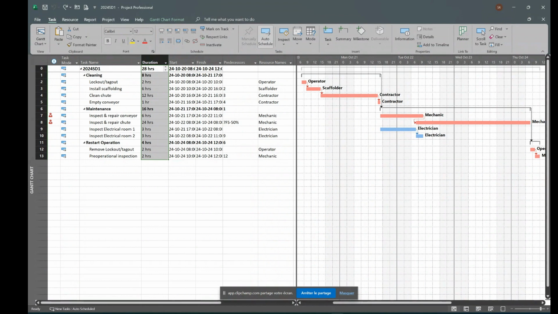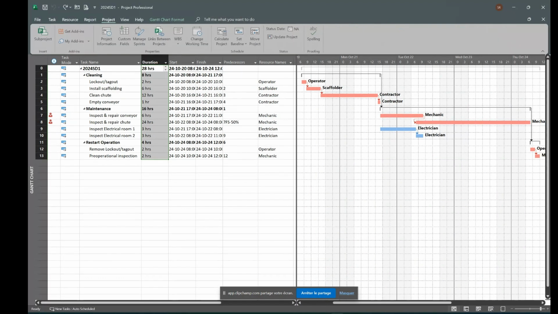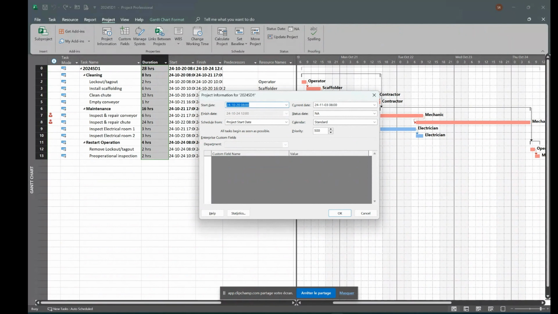So let's go change this information. I'm gonna go in Project, then Project Information. And here I get the project start date, and I see the calendar that is used. This is the calendar used to count the duration. And the standard calendar here doesn't take account of the weekend and